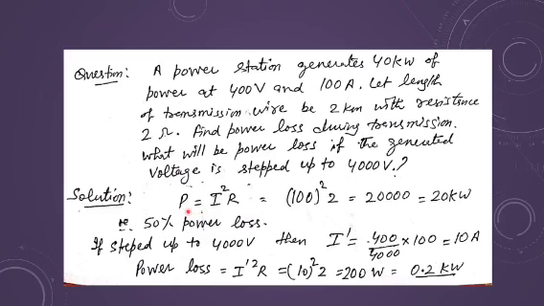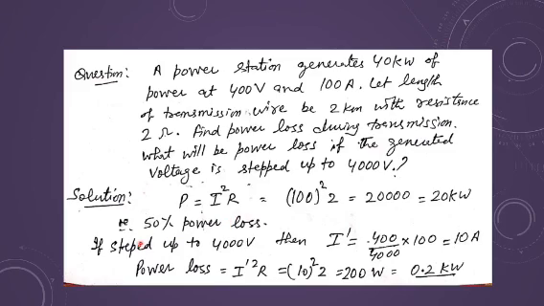Power which is generated is given to you. So power loss, I can write it as I square R. I is given 100 amperes, R is 2 ohm. So the power loss is 20 kilowatt, which means the power reaching my place is only 20 kilowatt. By using this current and the transmission wire resistance, I am able to get 20 kilowatt, but I am generating 40 kilowatt. It means loss is nearly 50%. That is just roughly I have written.